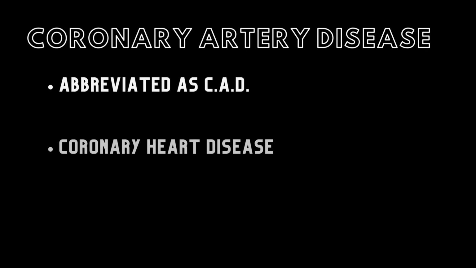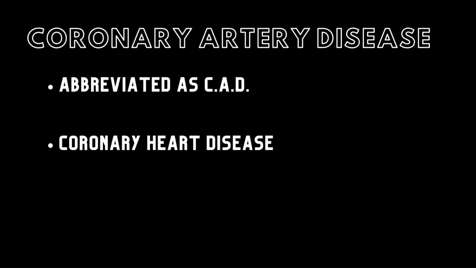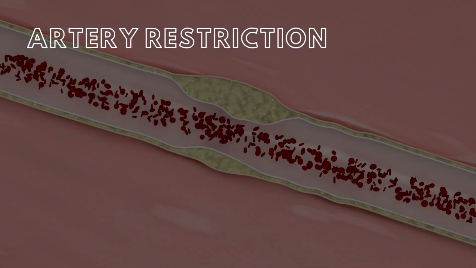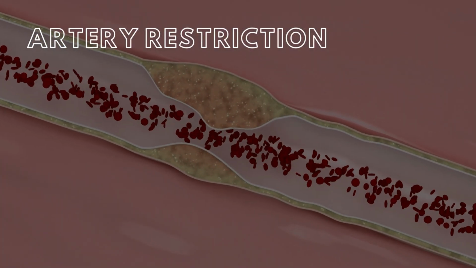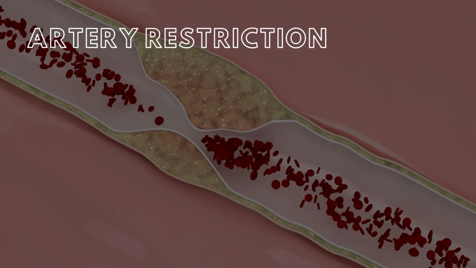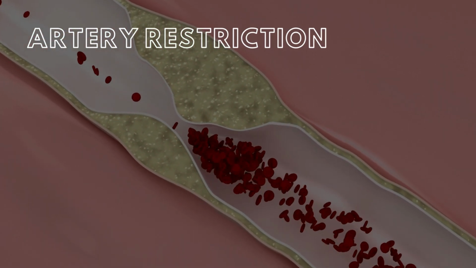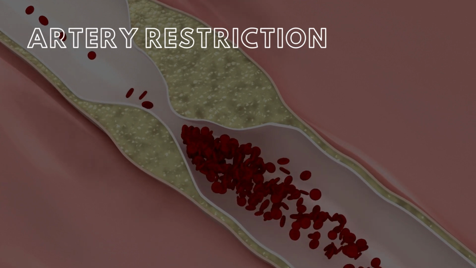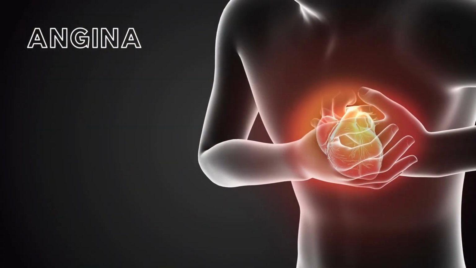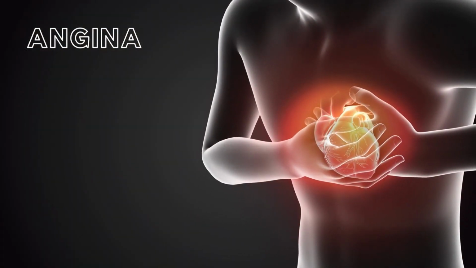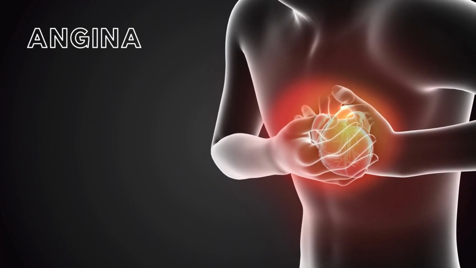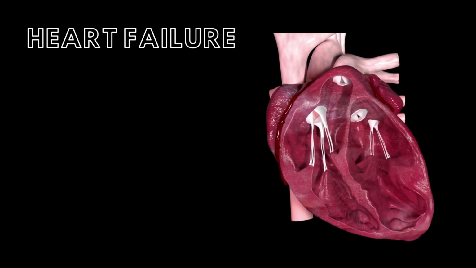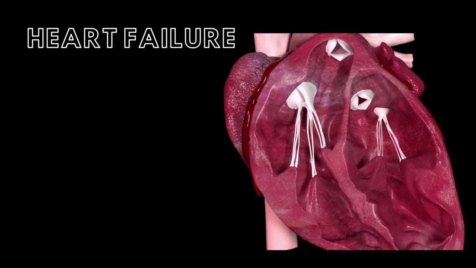Coronary artery disease, abbreviated as CAD, or sometimes called coronary heart disease, is a preventable disease with dangerous thickening and narrowing of the coronary arteries, which disrupts the flow of oxygen and nutrients to the heart, causing serious problems. Without enough blood, coronary artery disease can lead to angina, which is chest pain. Over time, the heart has to work harder, possibly causing heart failure, which is when the heart cannot pump efficiently,